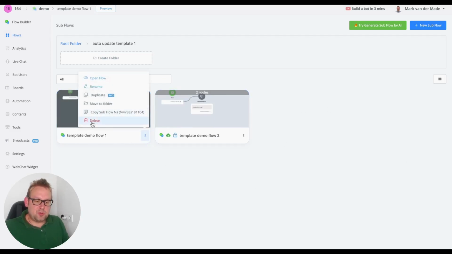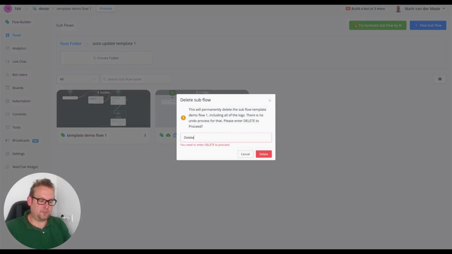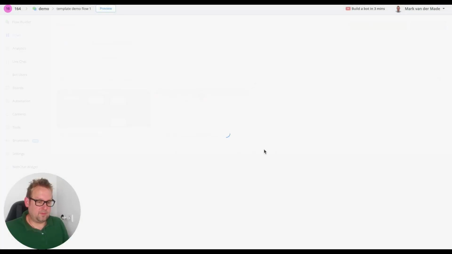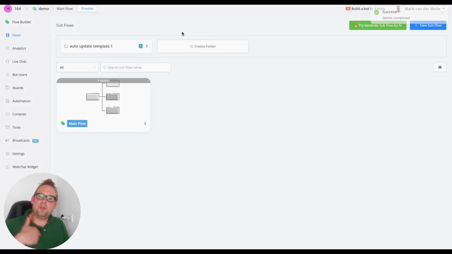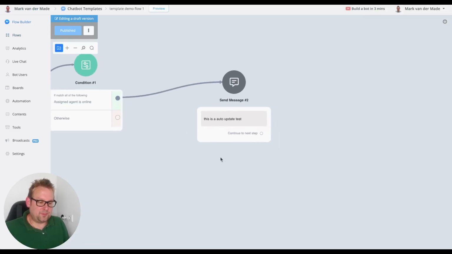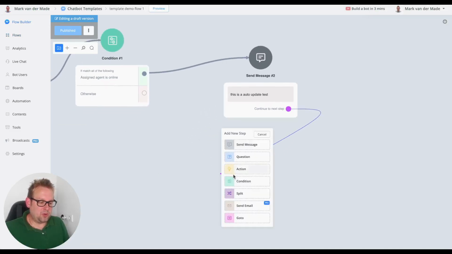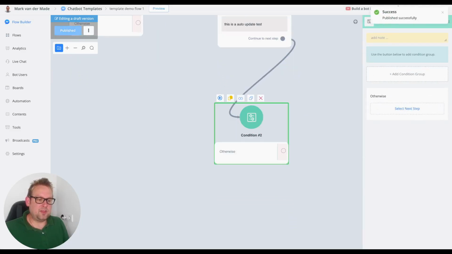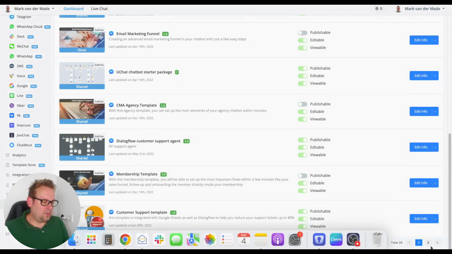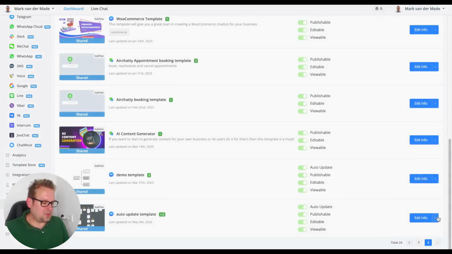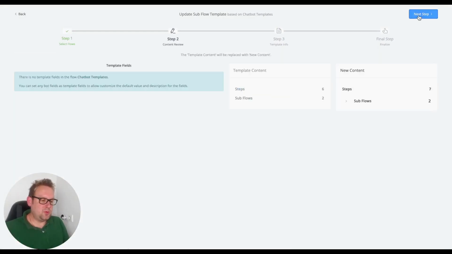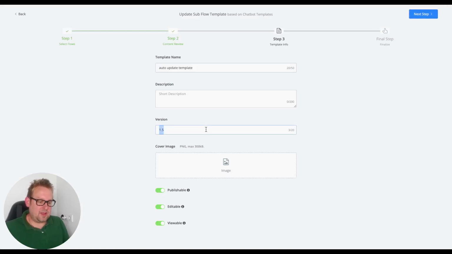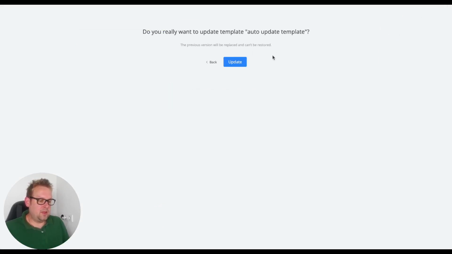Now, if you say I'm going to delete this, however, so let's go with delete. There we go. If we are going with another update towards the flow, so let's say this is an auto update, and let's say we want to have another condition set on this specific step. If we're going to update this template again, so let's say update flows and contents, we made the changes that we need to, we're going with a next step, and let's say this will be version 2, update,